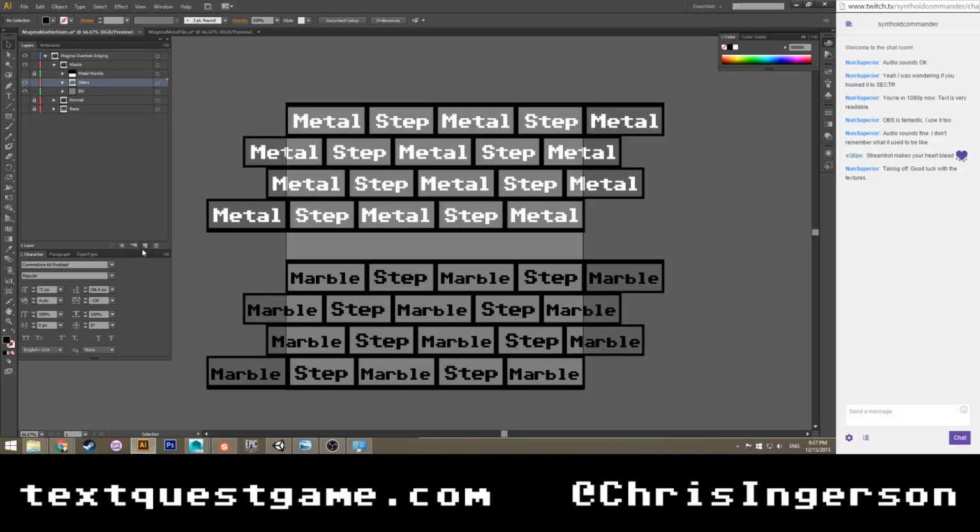Next, we're going to need metal divides. I don't know what to call those because they're not mortar. You don't have mortar for metal. It's more like soldering points, or I don't know what they're called.